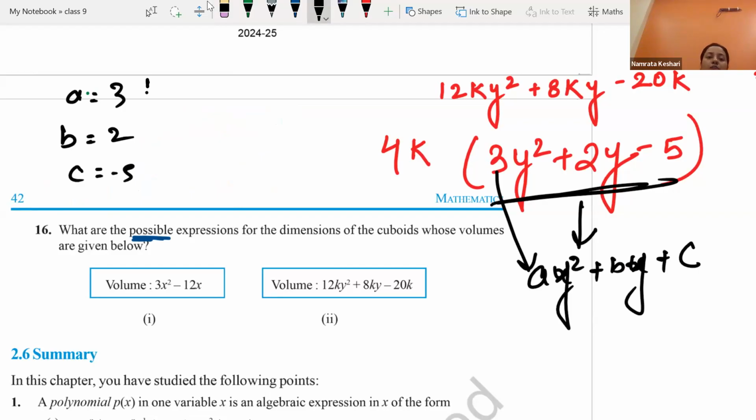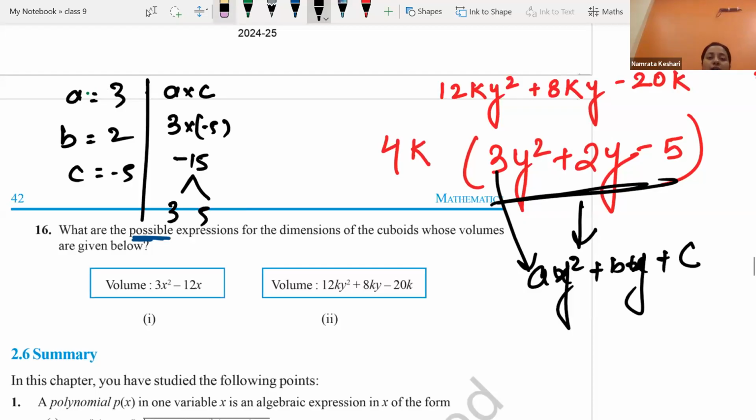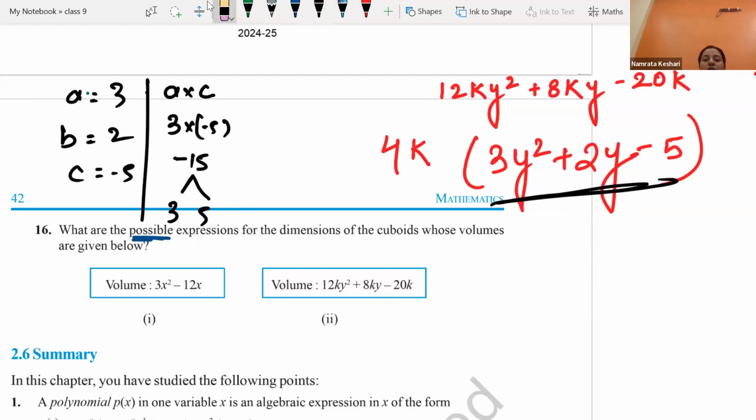Then we do the multiplication of A with C. That is 3 with 5, negative 5 also you can take. You will be getting minus 15. For now, you can focus on factorizing this 15. So 3, 5 times 15. Whatever way you do the splitting of the middle term, please do it. 3 5 times 15 is only going to give you plus 2. So you can take plus 5y minus 3y minus 5, 3y square,